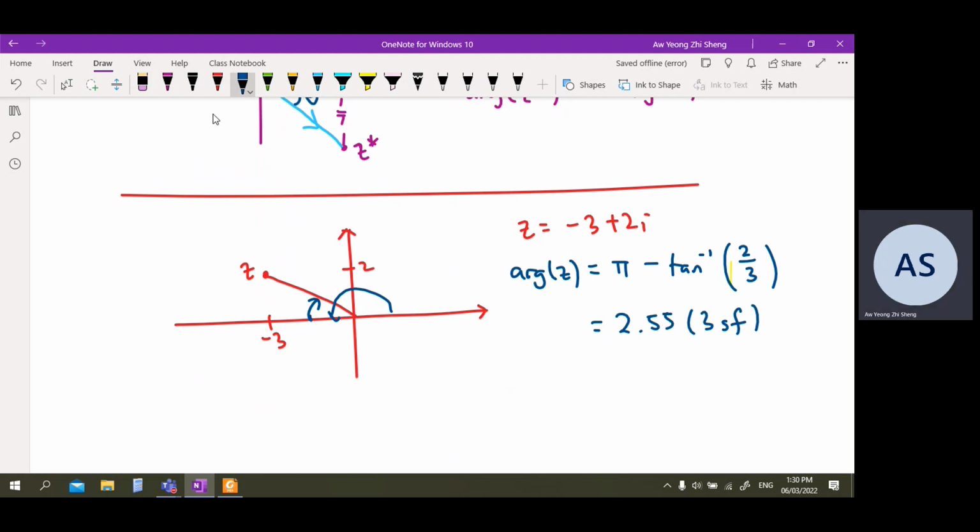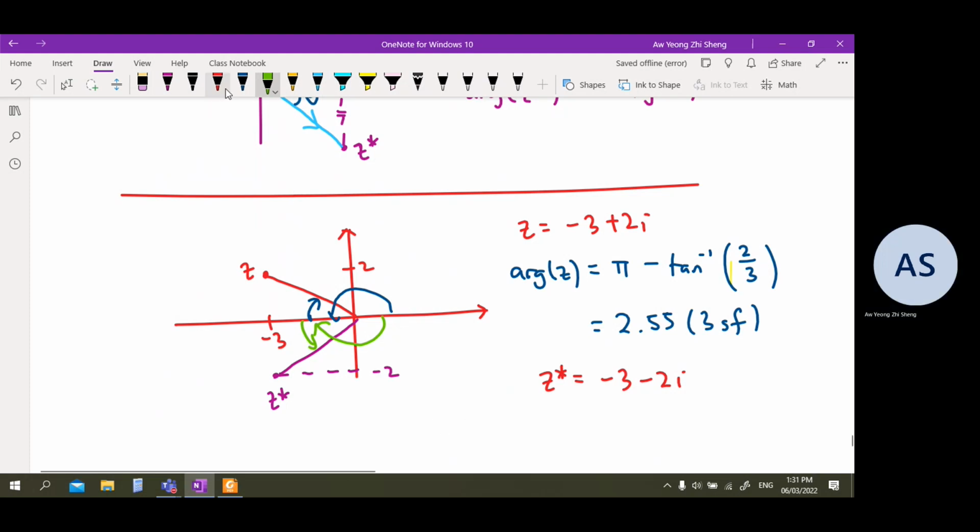Okay. Then what would be z star then? Z star will be -3 minus 2i. Okay, and it will be a point down here. Okay, so to reach this purple colored direction, I will have to go by minus pi and then add by the basic angle. That means my argument of z star, I will have to take minus pi plus the basic